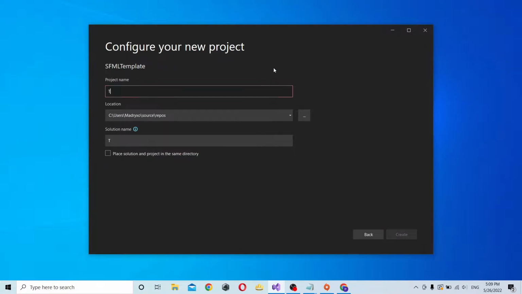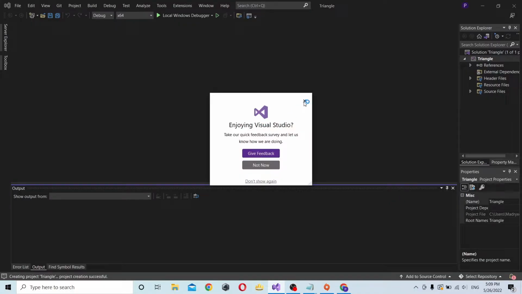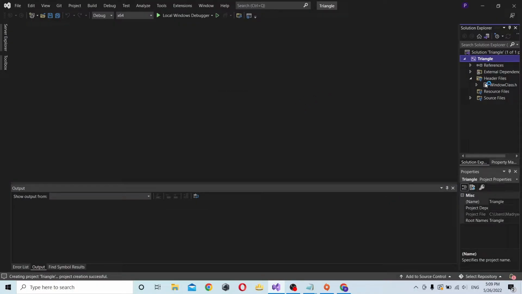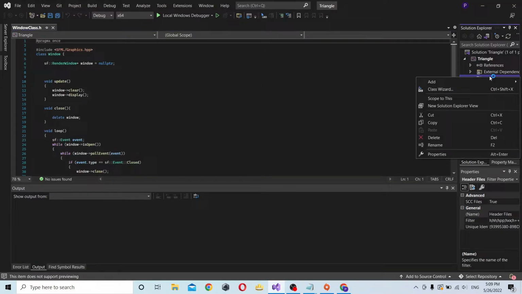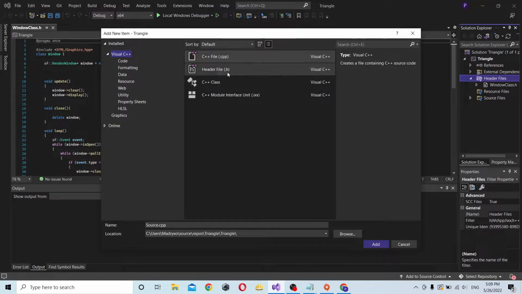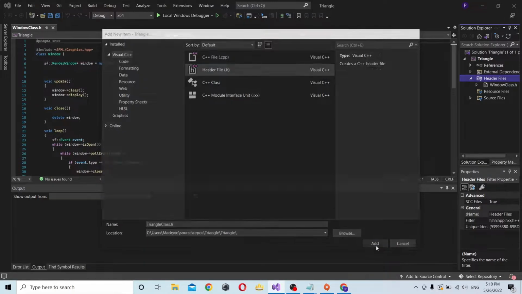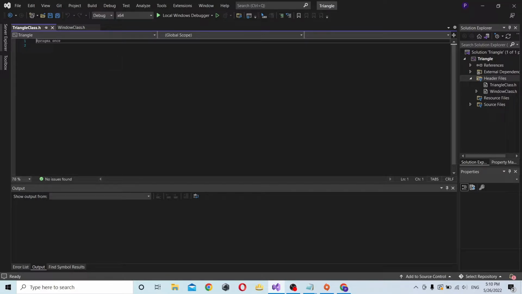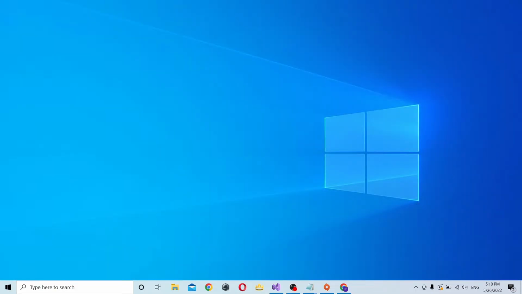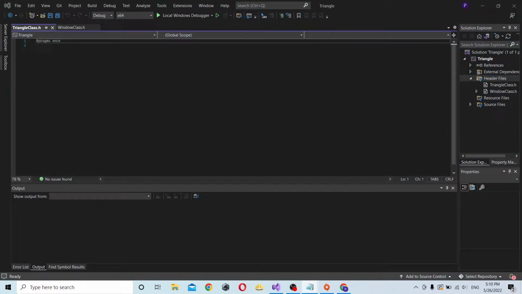Like usual, we're gonna create a project. Let's call it triangle, create, and let's get started. I'm gonna create a new header file and call this triangle class. In this triangle class we're gonna add